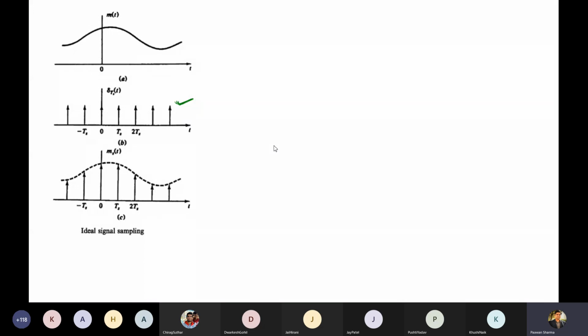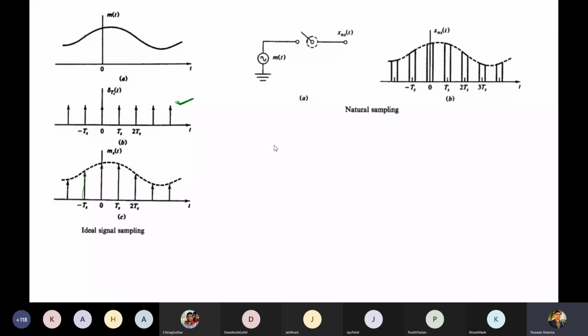So you use this train of unit impulses to sample this continuous valued signal, analog signal. And when you perform this sampling operation, you will get these unit impulses. Now you can see, not unit impulses. Now they are having amplitude equal to whatever signal level was there at that particular time instance, and they are representing the signal shape. So that is the ideal signal sampling. How do we do that?